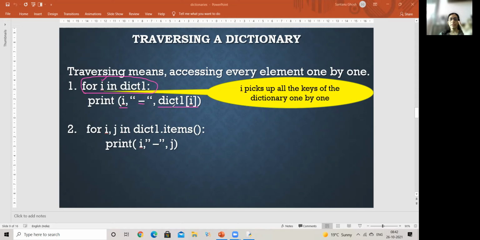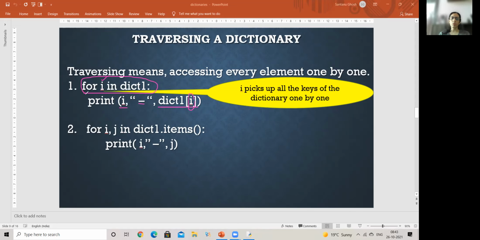This says dictionary name, square brackets, the index name, right? This way, we actually extract the information available at that index. Simple. We said D square brackets Gargi. That's what we are doing. Instead of D, I'm saying dict1. Instead of Gargi, I'm giving the variable which contains Gargi in the square bracket. So this should get me the value, right?